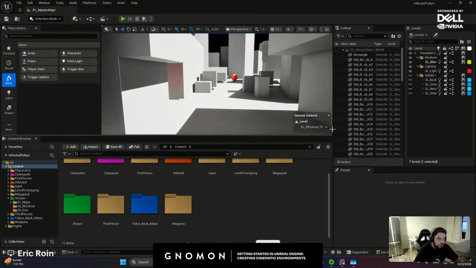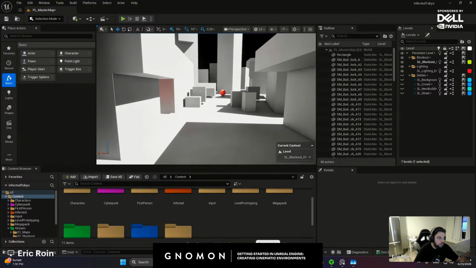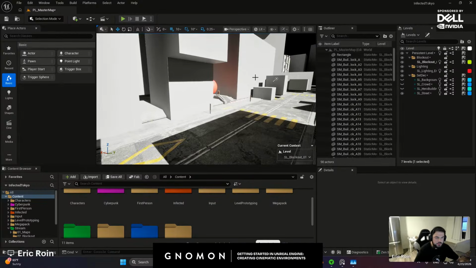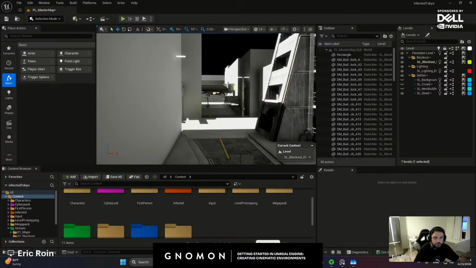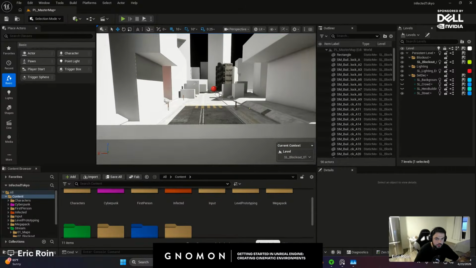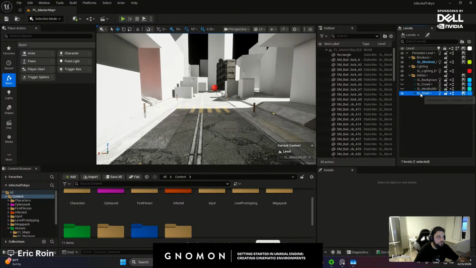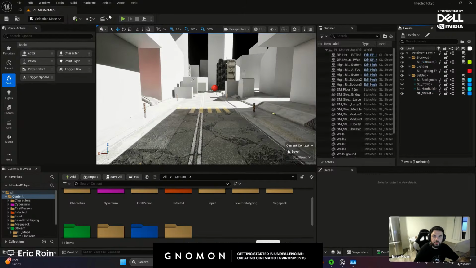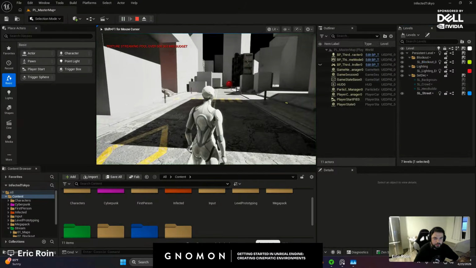Let's continue on. So let's check out how my blockout turned into a bit more of final topology. So I started off with just putting basic assets for the street, as you can see here, and then this is me combining multiple packs. But I was thinking, some kind of flow, traffic, maybe a narrow street that feels like it's the right scale. So what I'm doing here is I'm making sure that my levels are loaded in game, right-clicking, changing the way that they stream from blueprint to always loaded, which now if I go back and press play, I can actually see them in game.